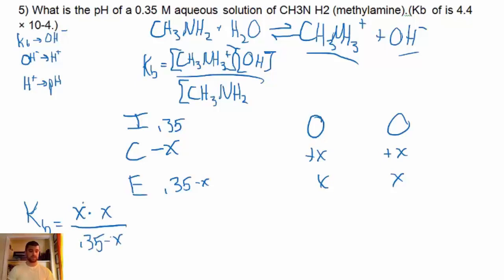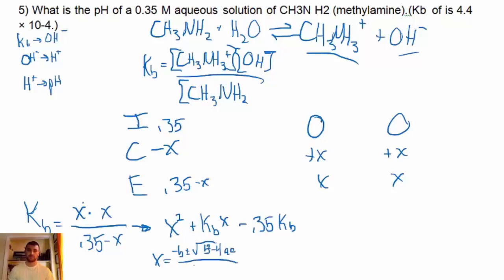All right, so that's not too bad. Now we combine like terms, we should get it into a quadratic setup, and we're going to get X squared plus Kb X minus 0.35 Kb. I haven't used numbers yet because numbers are a pain in the butt. There's so many of them. So now I can use my quadratic equation of negative b plus or minus the square root of b squared minus 4ac, all over 2a. And I get my value for x that makes sense. And I get x equals